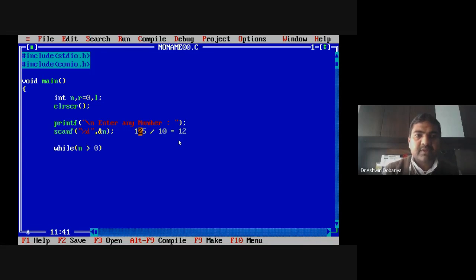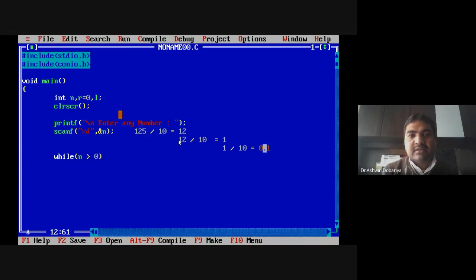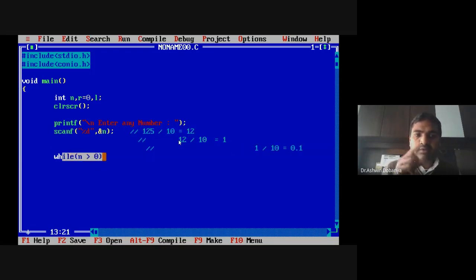Then 12 divided by 10 gives 1.2, but it is only 1. And finally, when 1 is divided by 10, it is 0. So when the original number becomes 0, after that we have to stop this while loop, right? That's why the while loop executes up to the greater than 0 value.